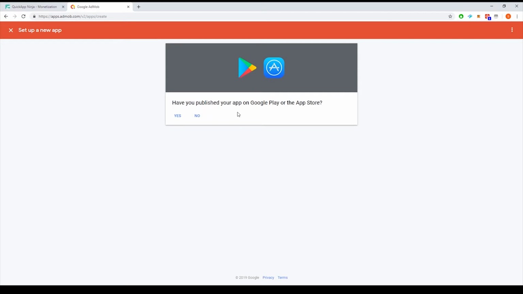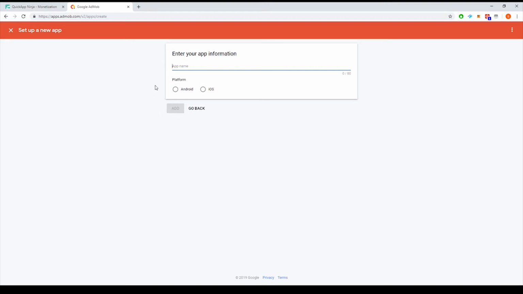Now, because our app is not published on Google Play Store, we are going to press no. We are going to select the platform, which is Android, because QuickApp Ninja allows you to create games only for Android devices. We are going to write down the game's name. It doesn't matter if it's exactly the same or not, but if you have multiple apps with in-game ads, it will be easier to find which one is which. So I'm going to write down a name, press add,